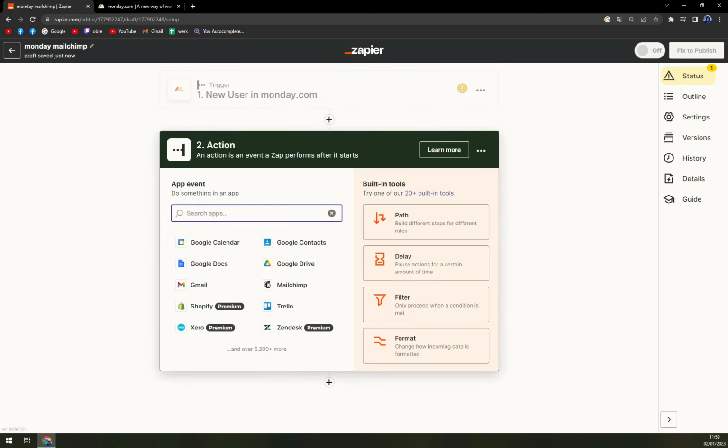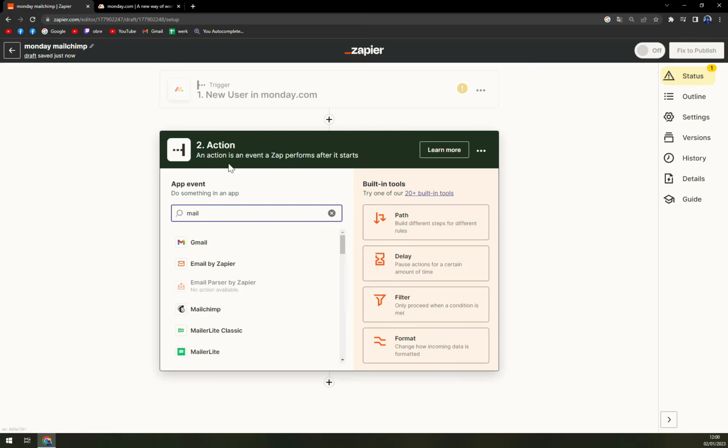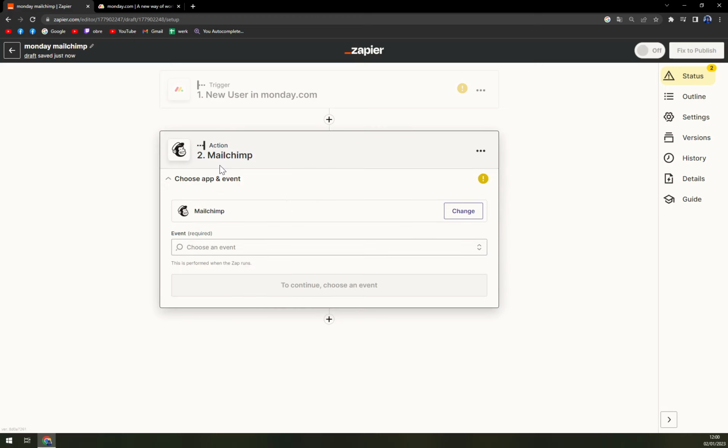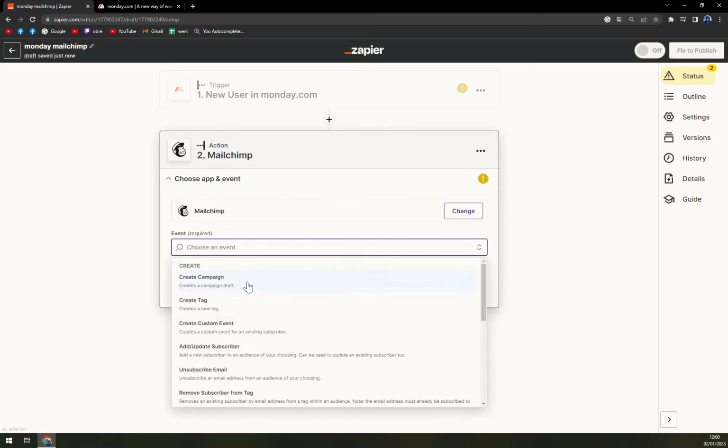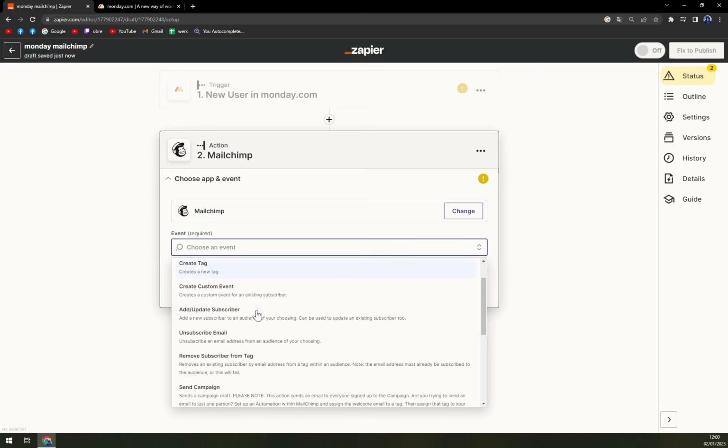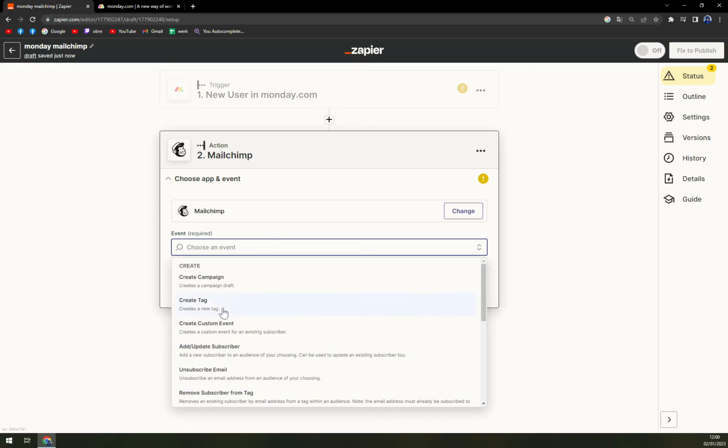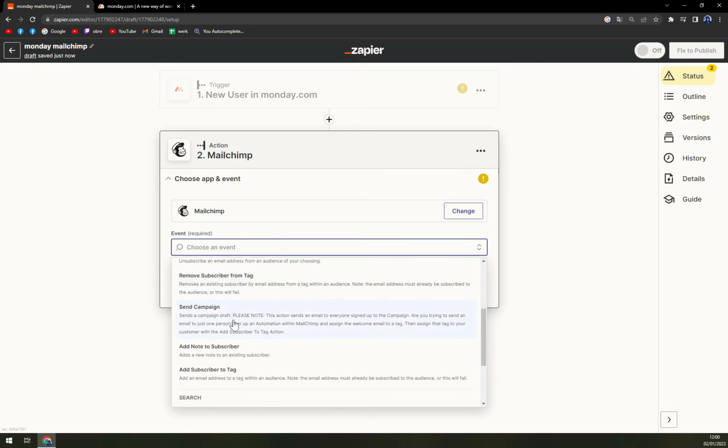Second, we have an action. The action, as you probably thought, will be Mailchimp. I'm going to hit that Mailchimp option. For the event, there's a bit more, I would say, options from Mailchimp. So a new user in Monday will create, for example,